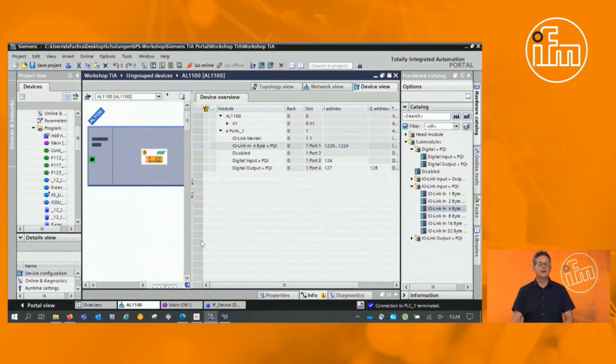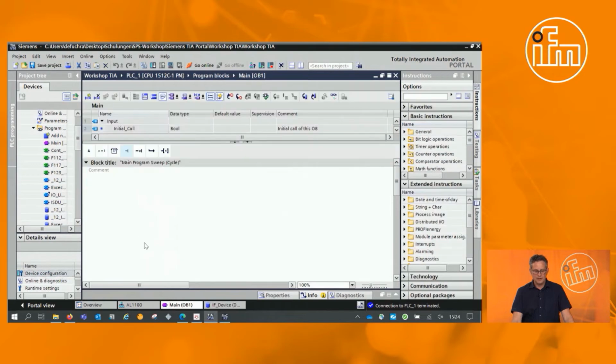And yeah, we are back in TIA. This was one problem this morning. I switched from the presentation to TIA, but the customer still saw the presentation. But this time it worked. Okay, then I go to the main function block, add a network,